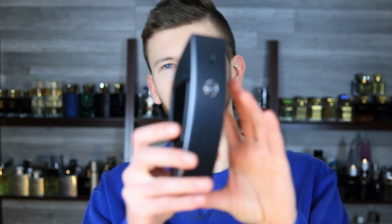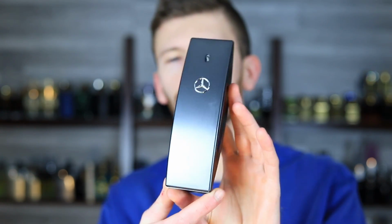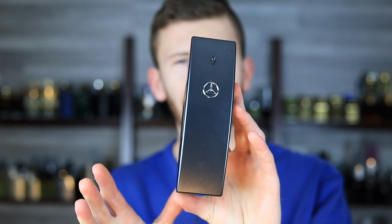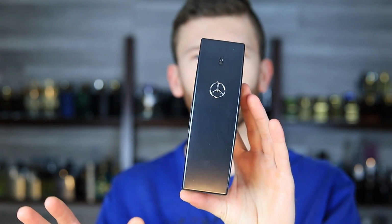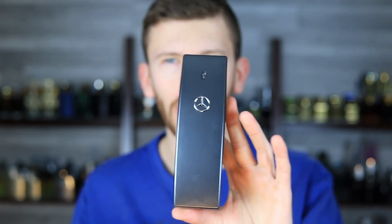You know, I have to say it's been a while since I've been this pumped up for a fragrance. I'm going to be talking to you guys about Mercedes-Benz Club Extreme today. So this was actually a 2015 release, and when you go back and start doing some research, it didn't really seem to get all that much talk. And then I guess either it was a limited edition or something that they decided to discontinue pretty soon after,